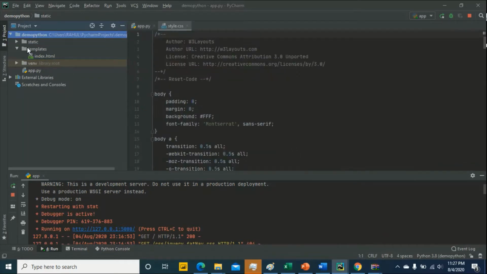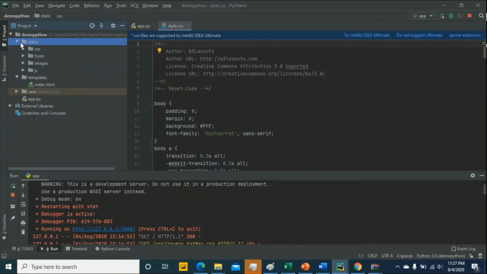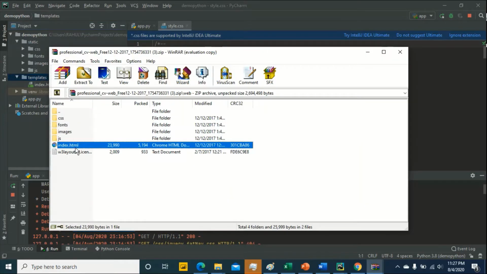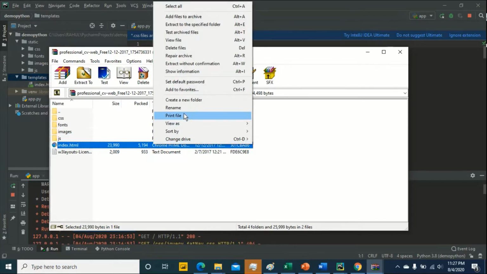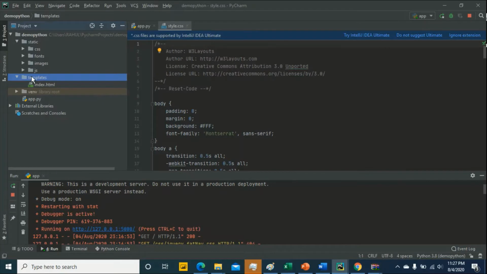Don't skip the first tutorial because this covers the basic parts: static, templates and app.py. Index.html, copy index.html, copied it and then paste it in the templates folder.